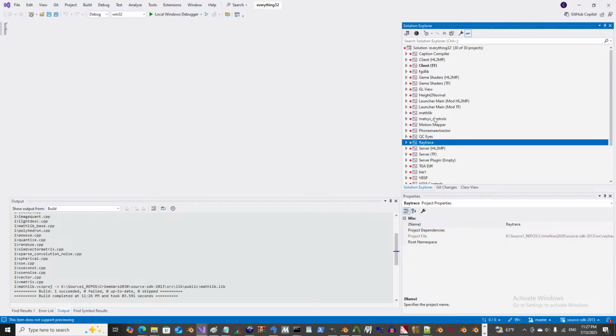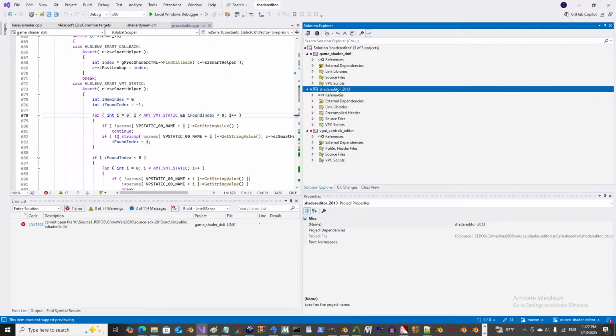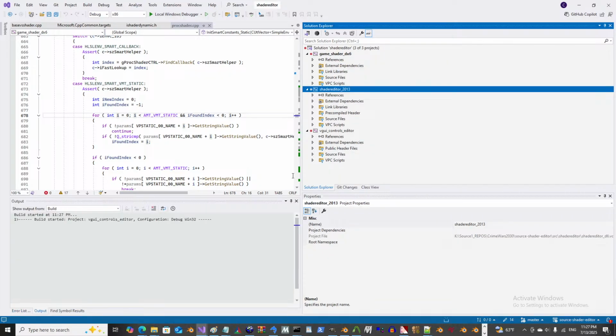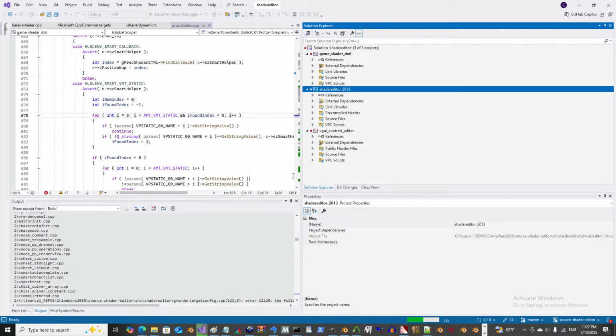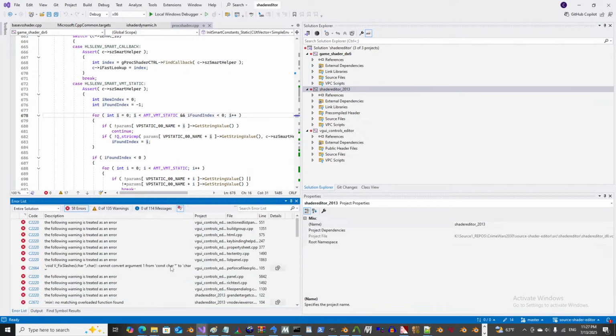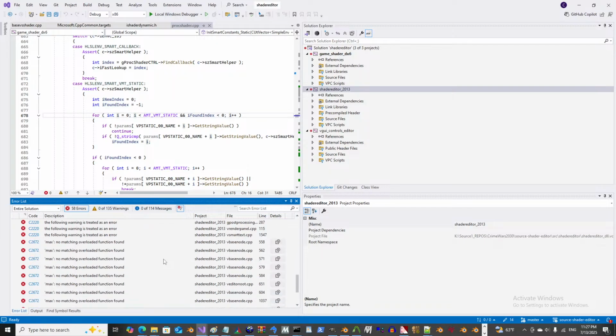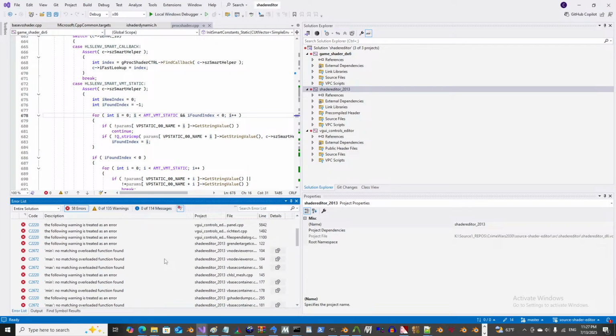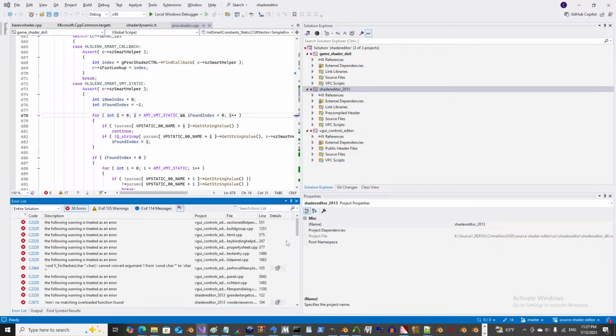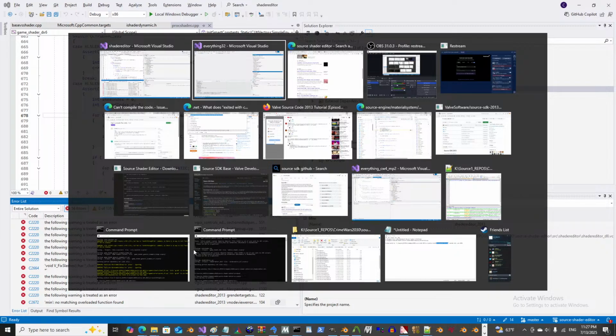Where's the shader lib? Oh, maybe it's this one. No. Let's try to build this. Should be a little bit better. Okay, so I got past that. Still got some. That's easy to fix. What else I had to fix was